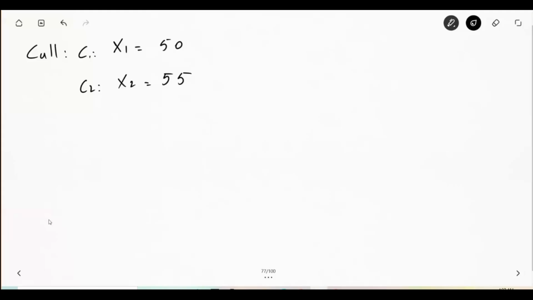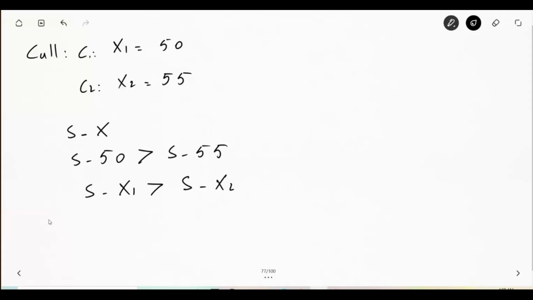And remember, when you exercise the call option, your payoff is going to be S minus X. And in this case, S minus 50 is going to be greater than S minus 55. Or I can say that S minus X1 is greater than S minus X2,